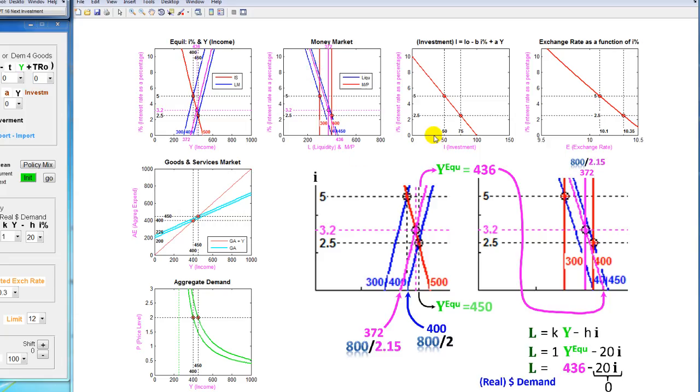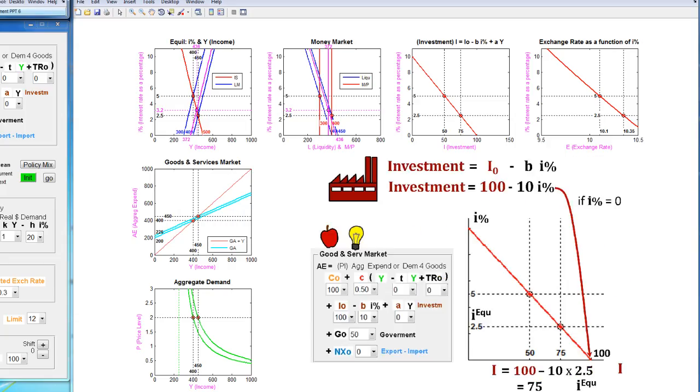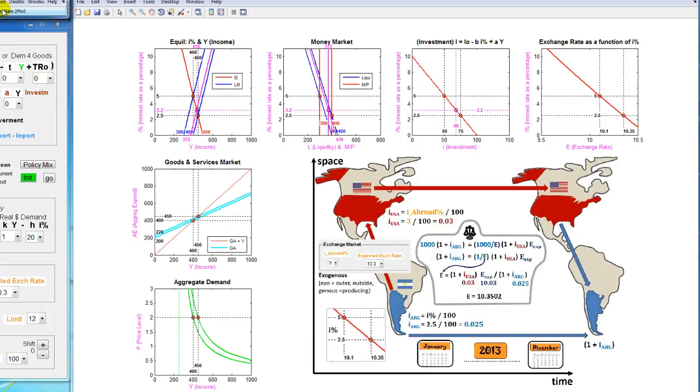Okay, now we go to investment. This is quite straightforward because we just transfer this 3.2, so investment is going to be 68. Now we transfer this new interest rate to the exchange rate, and then we can see graphically that it's going to hit about here, so it's going to take a value between these two values. Okay, 10.28. Here you can pause and check